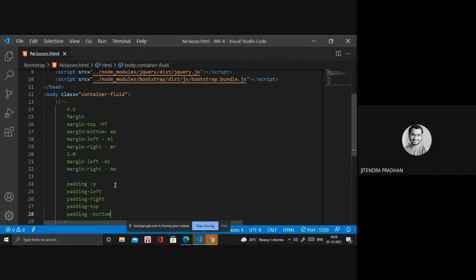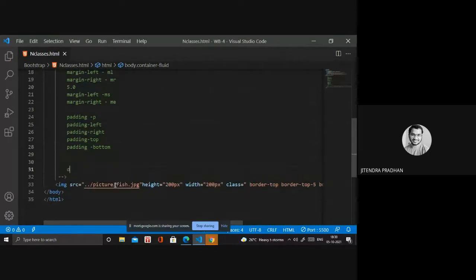Okay, so next we have to discuss display. Before, in CSS, we are using display, like display inline, display block, display flex, display table. All this we are using. But now, if you want to use a flexbox, then you have to use display flex. In flex we have many attributes and classes, but in Bootstrap we are designing that part by using d-flex. D-flex means display flex.